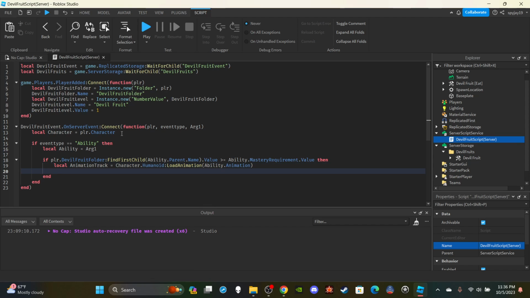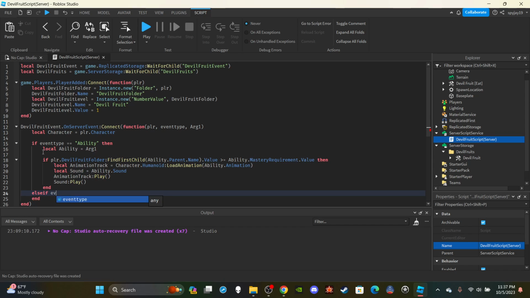This is why I said to keep them, just make sure the names are just animation and sound. And then local sound is equal to ability.Sound. After that, we're going to play both animationTrack:Play and sound:Play, right? Then I'm going to go right here and say, enter for the other event, else if eventType is equal to